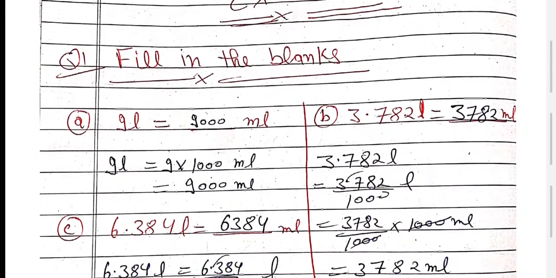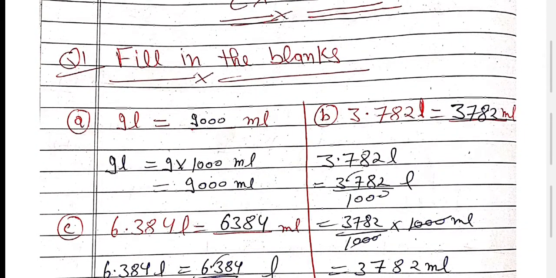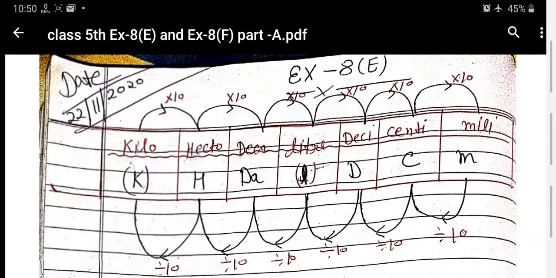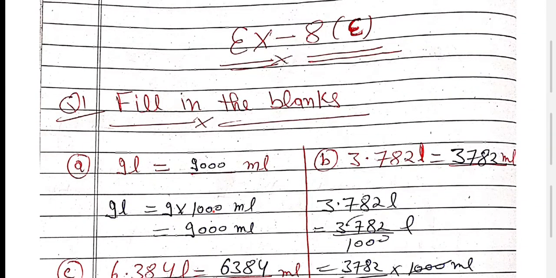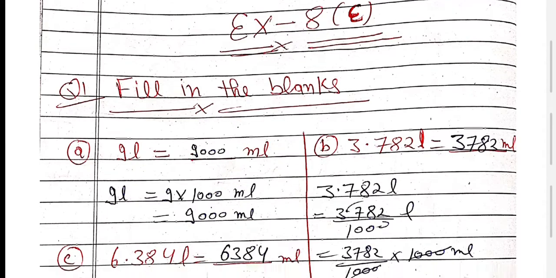So the first question is: you have to convert 9 liter into milliliter. Now just check, liter into milliliter is there, and you have to move to milli now. So milli is this side, so move one step, two step, three step. So you have to multiply by 10 three times, that is 1000. 3 times 10 means what? 1000. So you multiply by 1000, you convert into milliliter. When you multiply, what will you get? 9000. So your answer is 9000 milliliter.